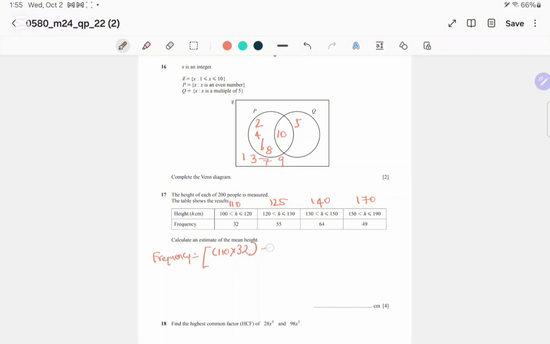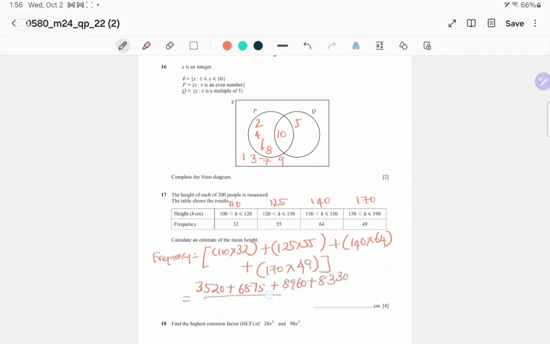110 into 32 plus next part 125 into 55. Okay. Next one 140 into 64 plus the last one is 170 into 49. Okay, so totally when you are calculating all this, it is 3520 plus 6875 plus 8960 plus 8330 divided by 200. You will get an answer around